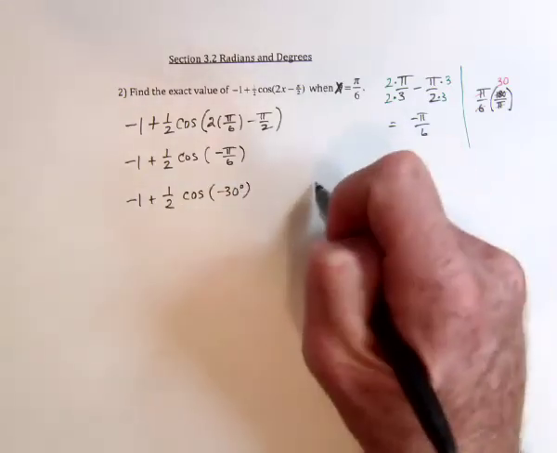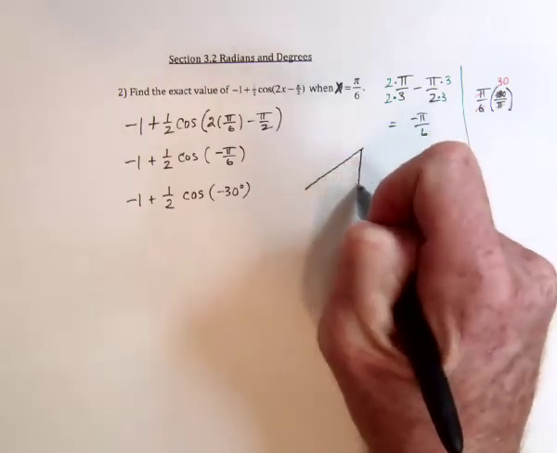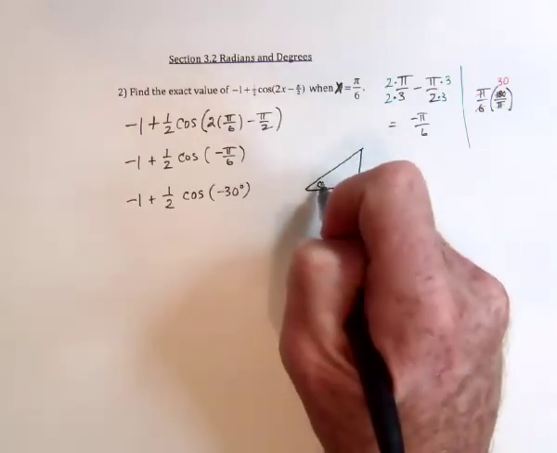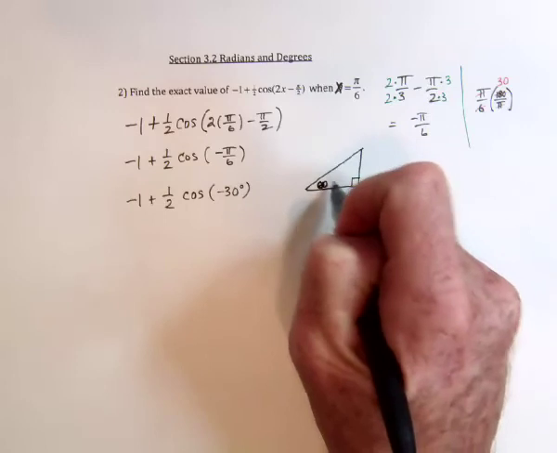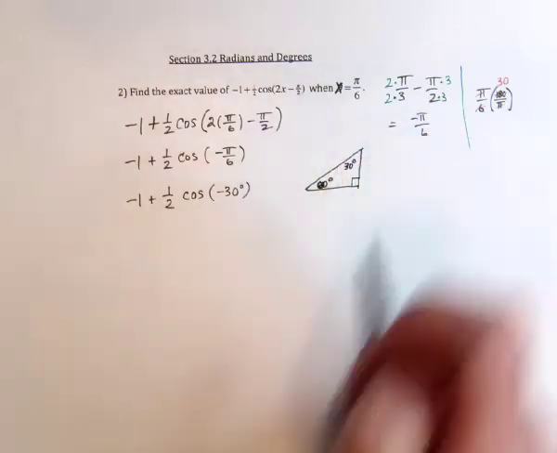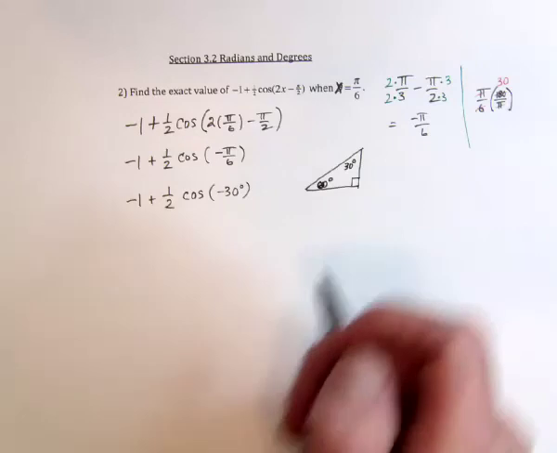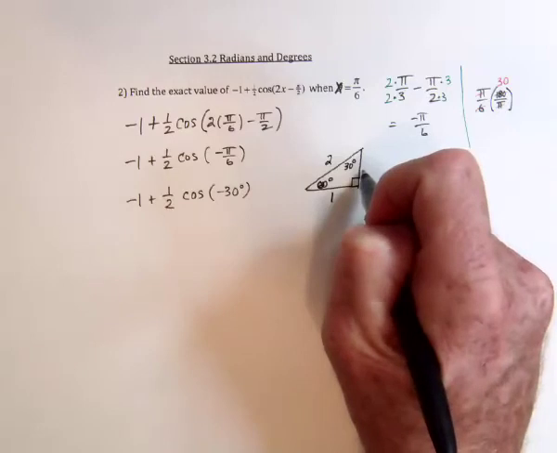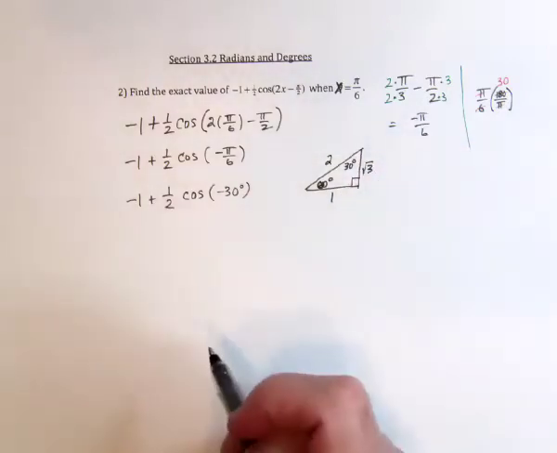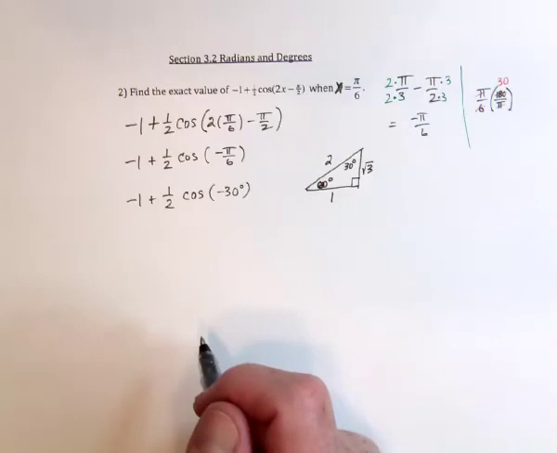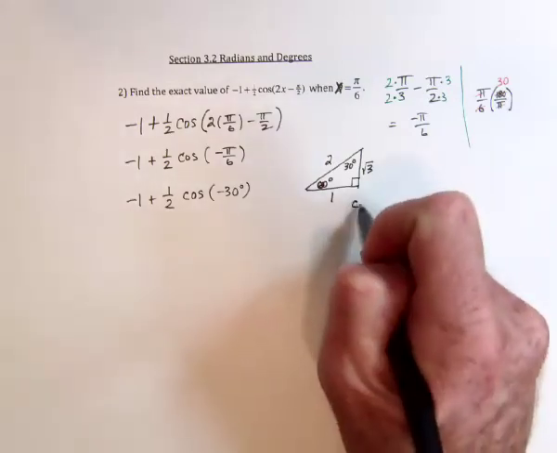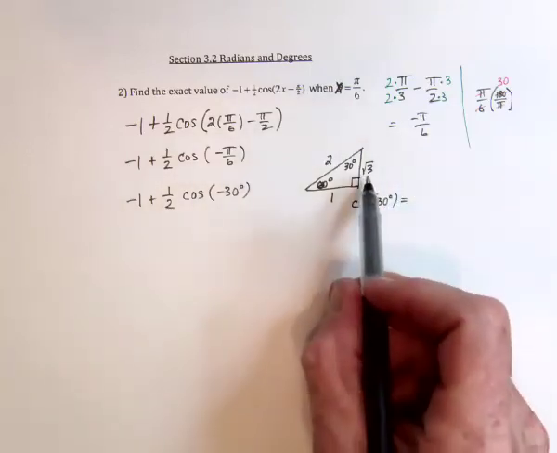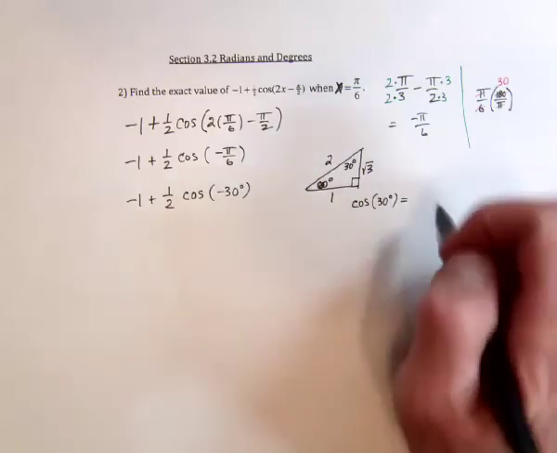Alright, then if I have a 30, 60, 90 triangle, I can get the exact value of that. So let's say this is the 60 degrees and this is the 30 degrees. So across from 30 degrees is the smallest side 1, the hypotenuse is the biggest 2, and across from 60 is the square root of 3. And then let's find cosine of 30. So cosine of 30 degrees, cosine is adjacent over hypotenuse,